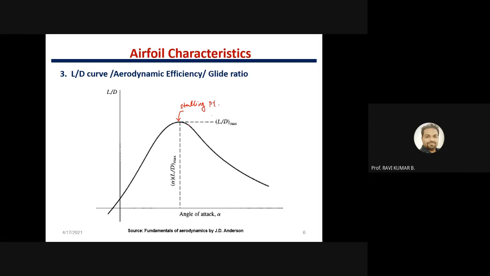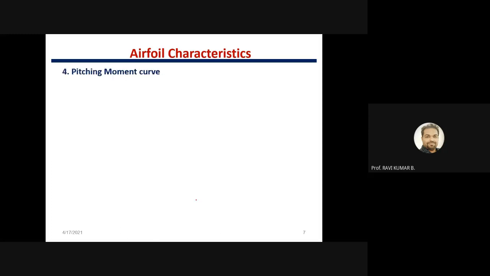So after that there is an abrupt decrease in lift. So it will be going like this. So this maximum L/D you are getting, right? Usually we say this angle will be somewhere between 4 to 5 degrees. Between 4 to 5 degrees, you will be getting the maximum L/D in most of the airfoils. This is experimental data I'm talking about. So between 4 to 5 degrees, you will have a maximum L/D ratio, all right, for a given airfoil.